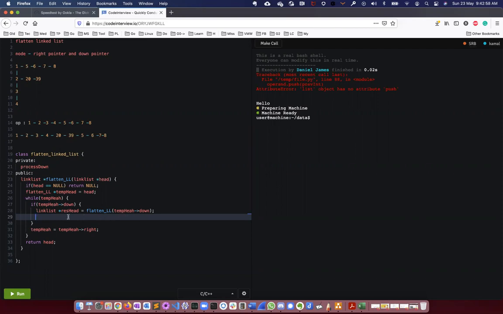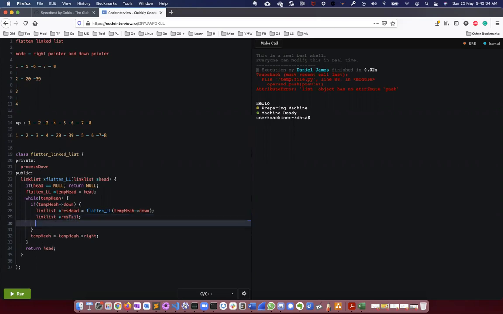I'm working out how the pointer manipulation happens.